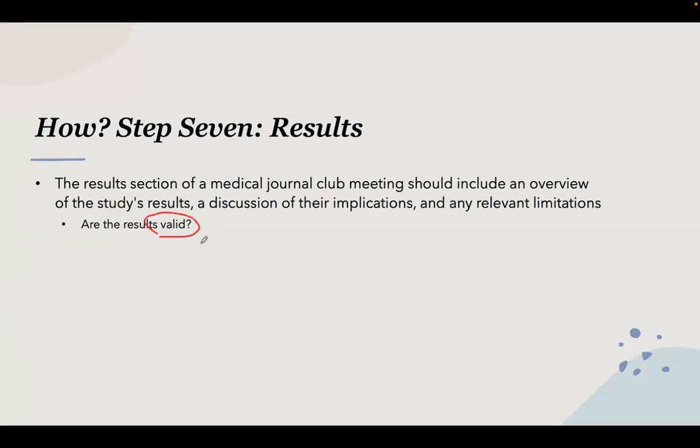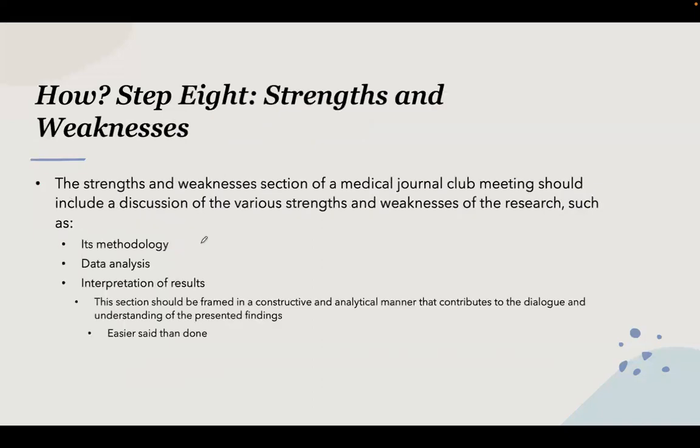Are they valid? And that's when you can start discussing your weaknesses and your strengths based on everything you just reviewed. So the strengths and weaknesses section of a medical journal club meeting should include a discussion of the various strengths and weaknesses of the research, such as their methods, how they analyze the data, interpretation of results. And remember, when you frame that interpretation of results, it's easier said than done, trust me. And this is where I'm digging through, okay, I don't even know what